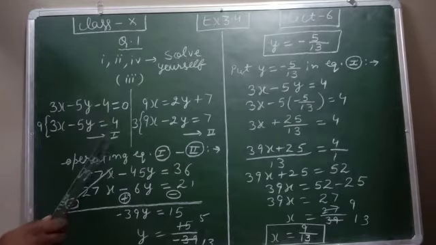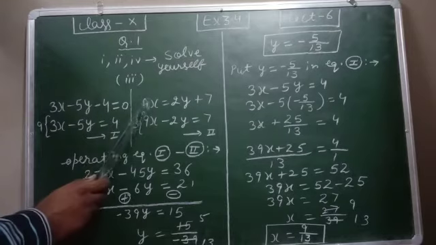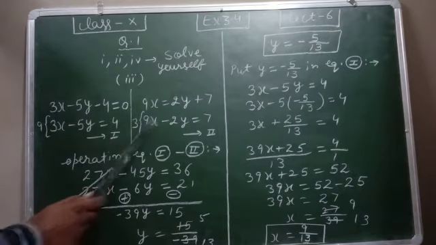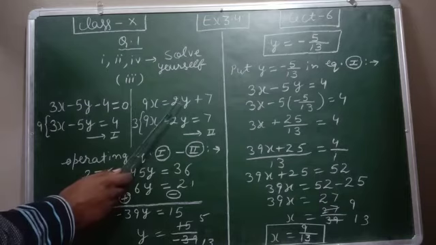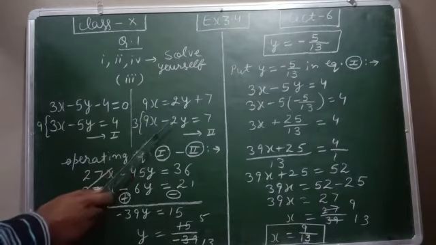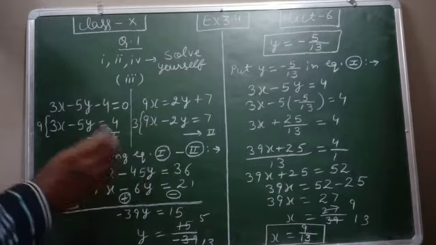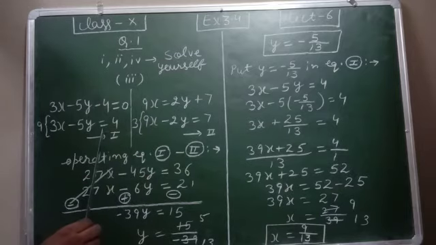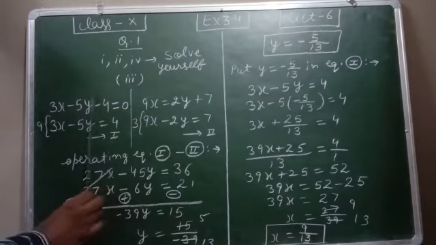Now we will write here the first equation. Here x is already on the left hand side, y is on the right hand side, so we will shift it to the left hand side. This is plus, on this side it will become minus, and here is the constant. For the elimination method, x and y should be on the left hand side and the constant on the right hand side. So we have to rearrange these two equations.